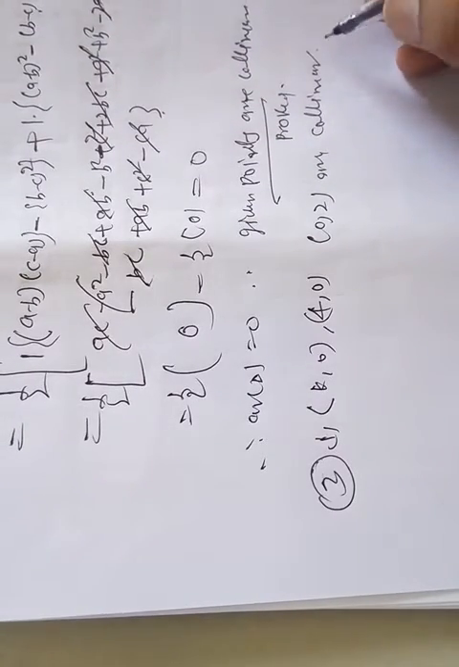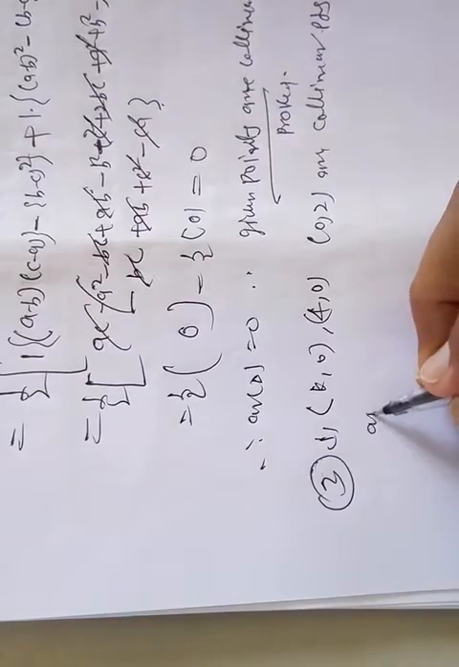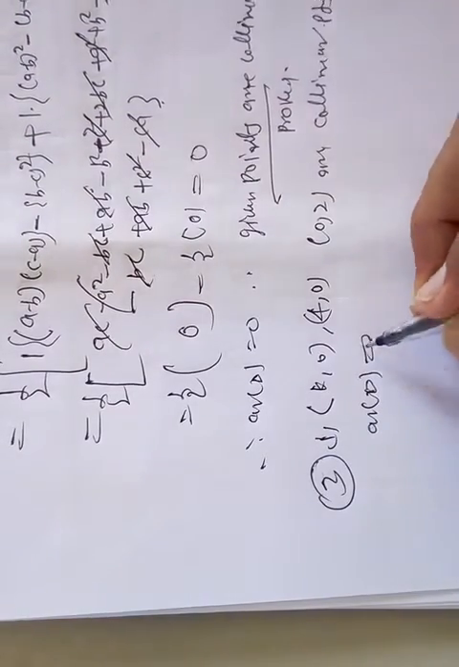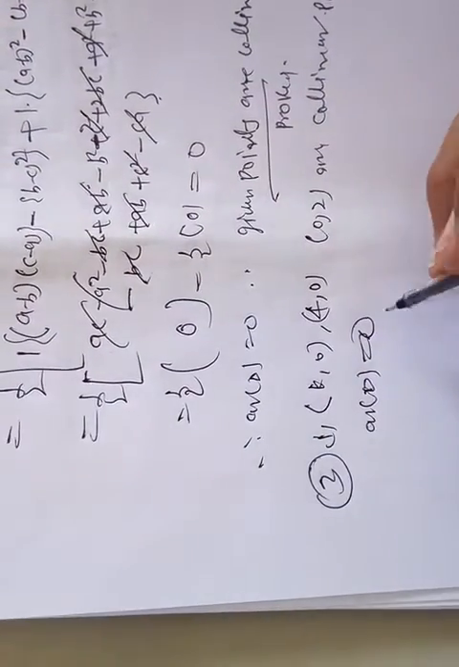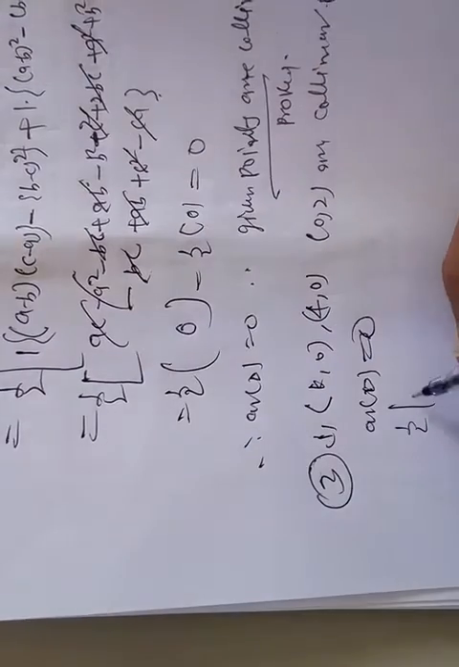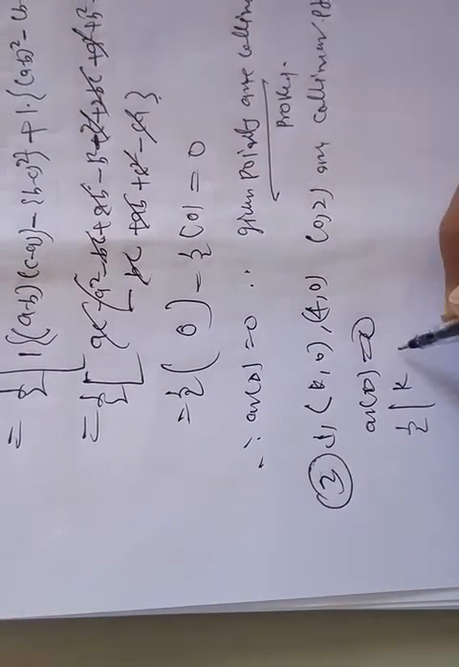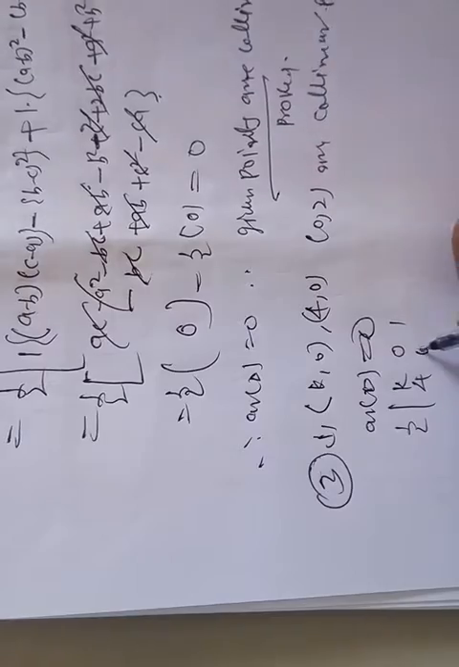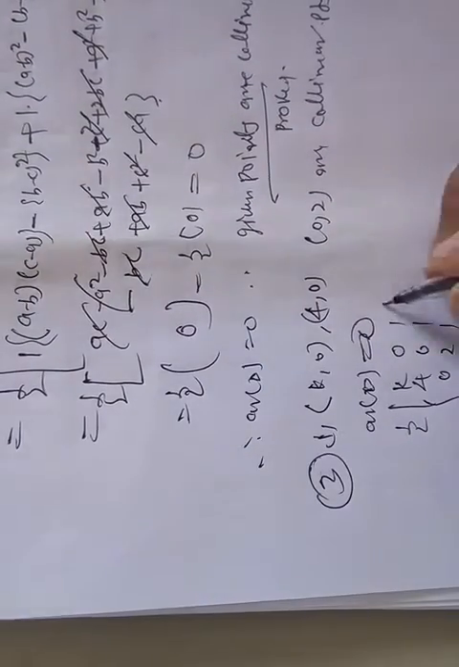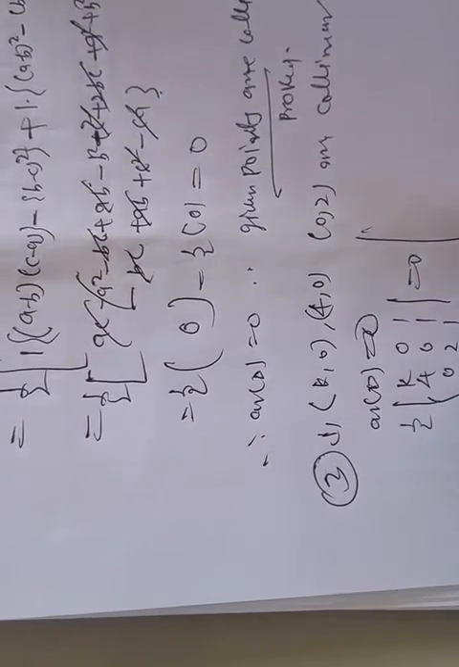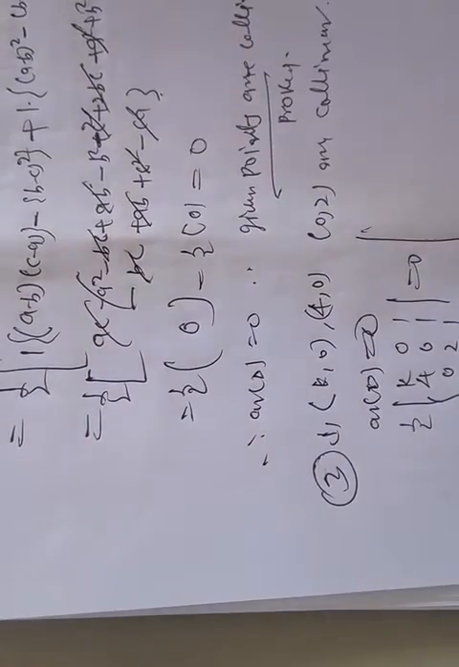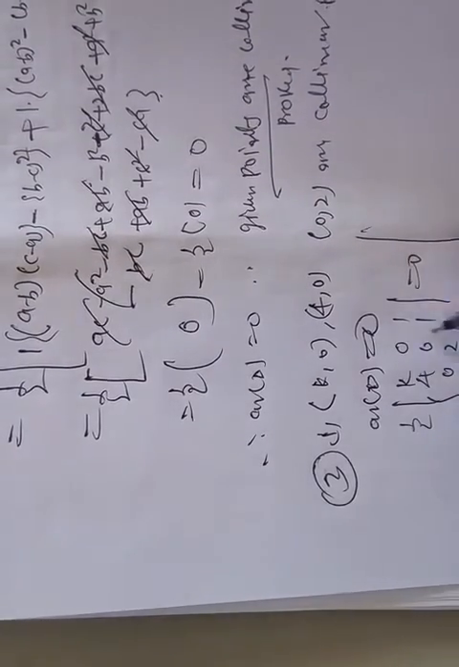They are collinear points, so the area of triangle equals 0 by the property. So 1 by 2 determinant of k, 0, 1; 4, 0, 1; and 0, 2, 1 is equal to 0. Okay, 1 by 2 of this is also 0, so k